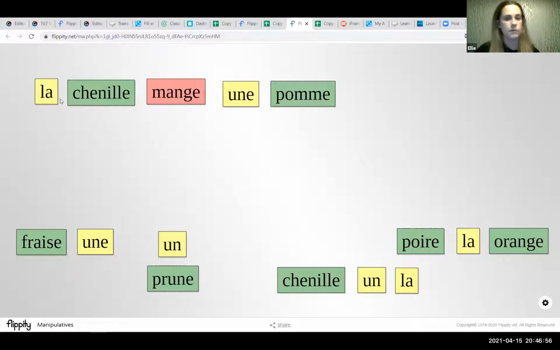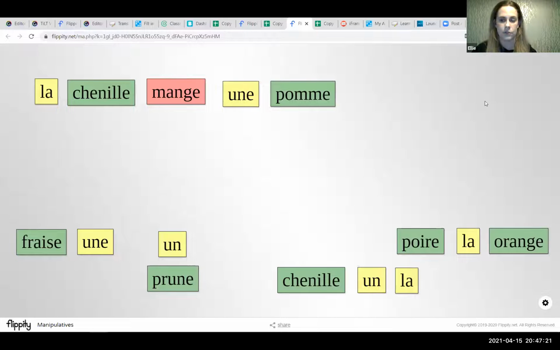Now, for some children, that's going to be enough vocabulary. But for others, you might want to add in more words. You might want to add in conjunctions, for example, so they can extend their sentences. You might want to add in adjectives so that they can extend their sentences. But again, you can decide for the children whether you give them all of the words, which might be suitable in some cases, or whether you assign different